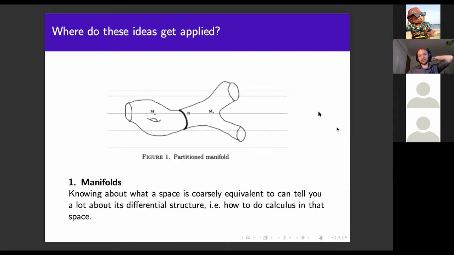Okay, so who cares? That's a good question to ask in mathematics. Why do we care to think about coarse equivalence? I mean, topology and the idea of a continuous map goes back to the early 20th century, and it's one of the biggest fields of mathematics. It's brought us a huge amount of advancement over the last 100 years. And it's been going on before then, but I'm talking post-Lebesgue. But where do these ideas get applied from coarse geometry? Well, they're more recent. You're really only going back to about 1998 for the really good stuff that came out of this.